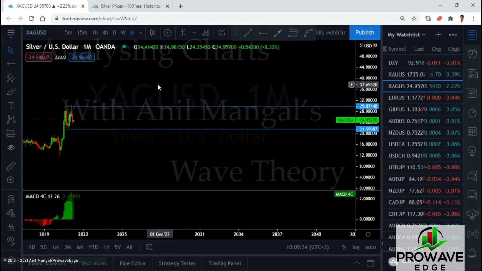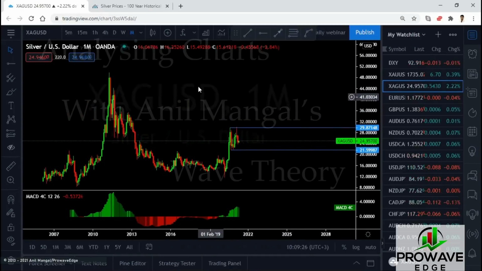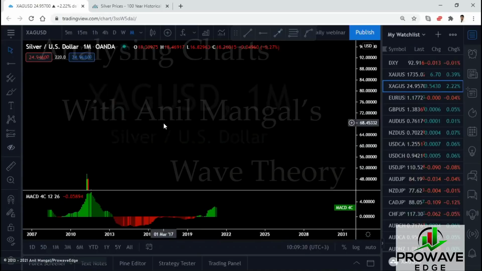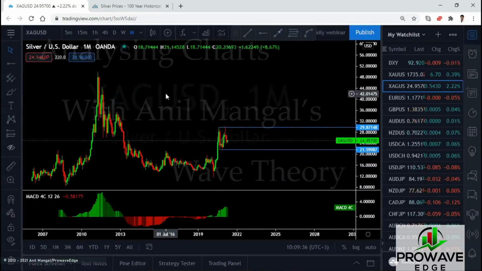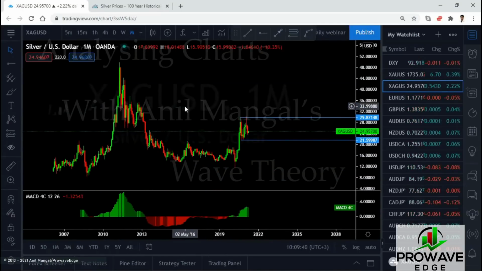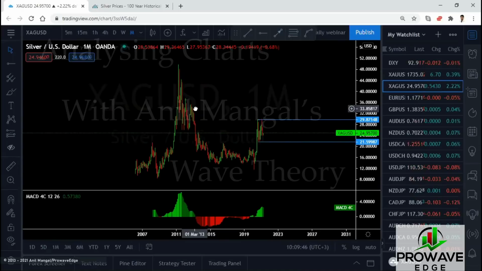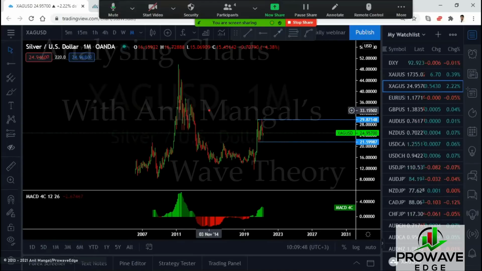So the basic concept, the basic idea of wave analysis is nothing moves in a straight line. We all know that, right? Nothing. Light moves in waves, or sound moves in waves. Everything moves in waves. And that is how the idea of waves comes up, right? You can call it whatever you want, but we call it waves because it kind of creates waves. What creates the waves, or what is a wave? Let me explain very simply what is a wave.